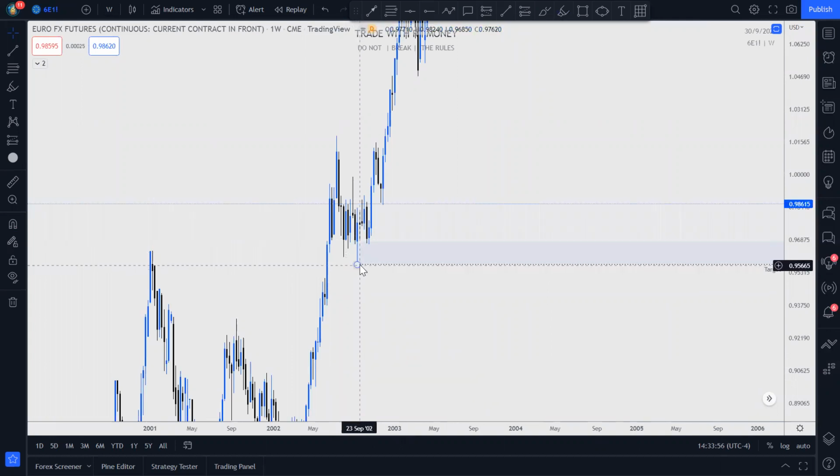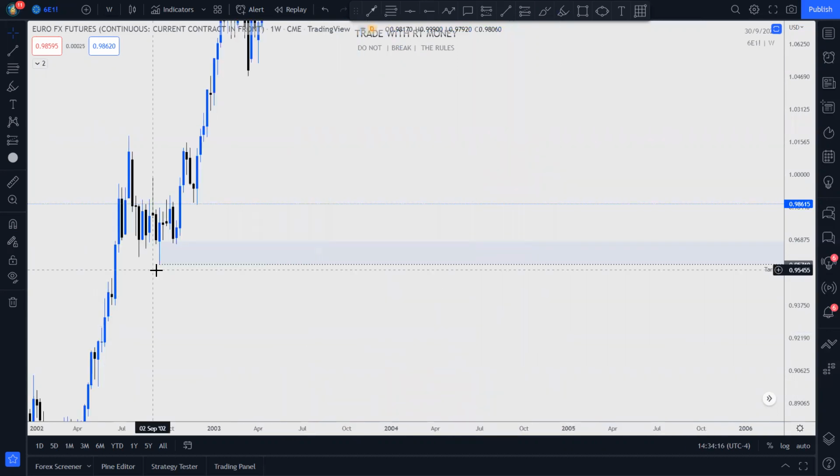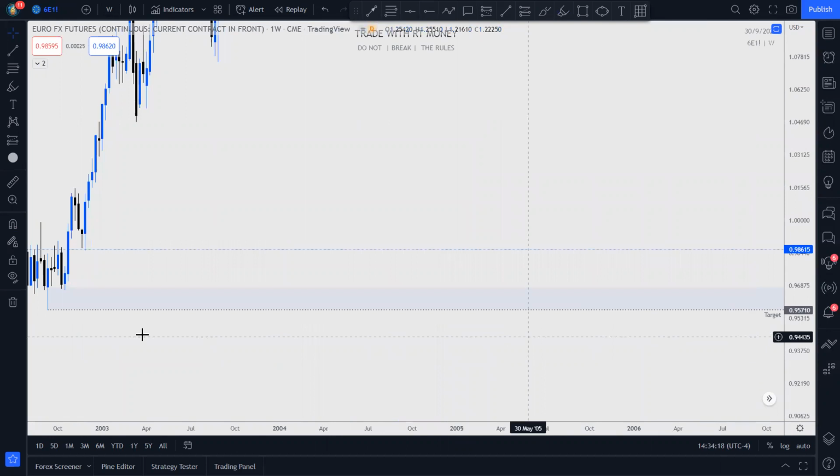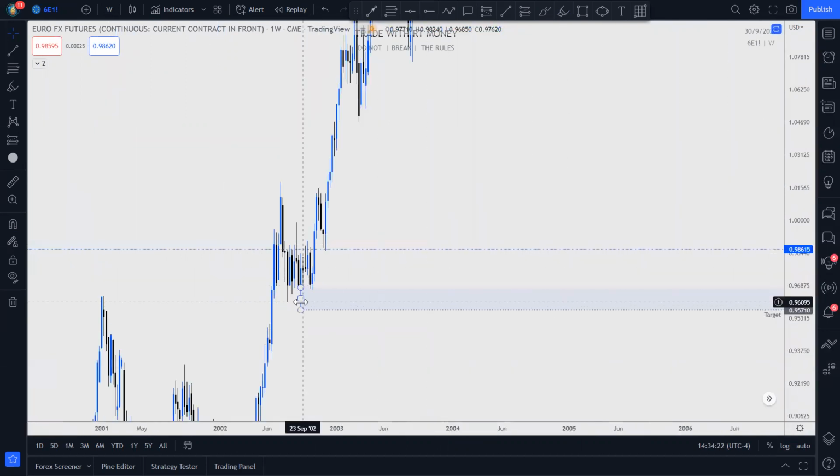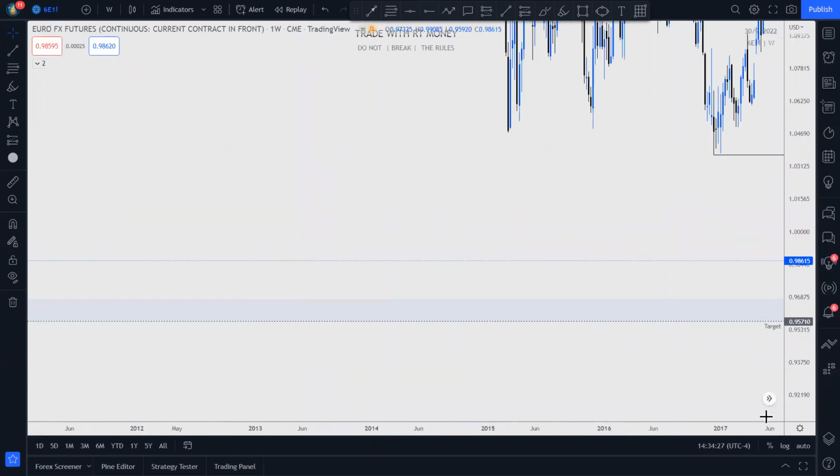Should this low give out, I don't think this has a big chance of holding, and we may come down to these levels right around 92, 9200, right around here. And that's not good. That's not good at all. All right. But my target is at 95,710, which is the low here, but we're in this extreme. And so far the extreme is holding.